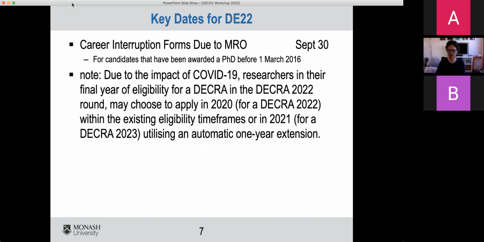And this is dealing with the eligibility to apply, not the performance relative to opportunity if you've had career interruptions in this window. This is just documenting that you are allowed to apply even though your PhD was before that date. And these dates are listed as important dates on the ARC website.